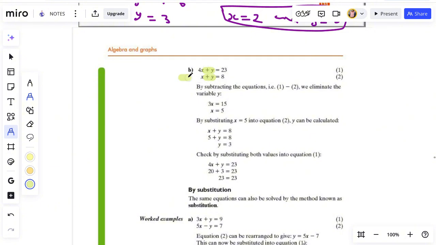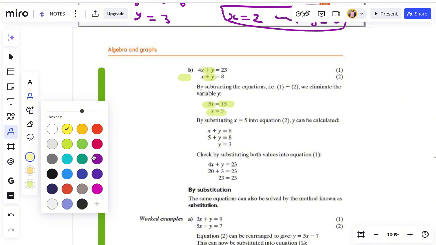So we subtract: 4x minus x, you get 3x, which gave us this one. And y minus y will be 0, it will be gone. So it will no longer appear. Equal to 23 minus 8. 23 minus 8 gives us 15. So to find x, divide both sides by 3, you get x equal to 5. Now once we get the value of x,